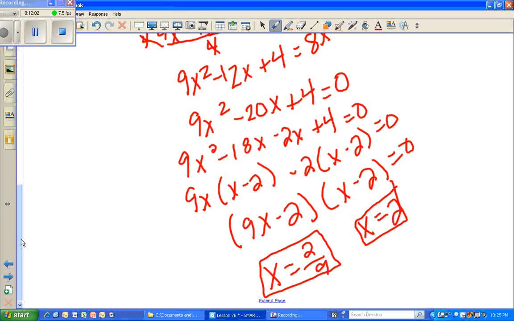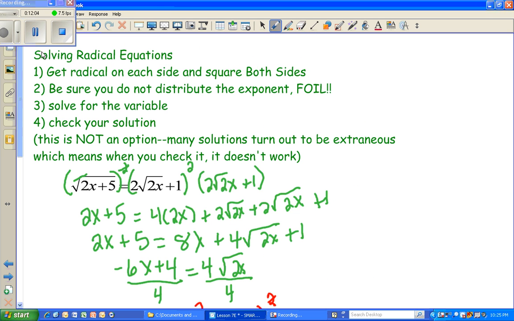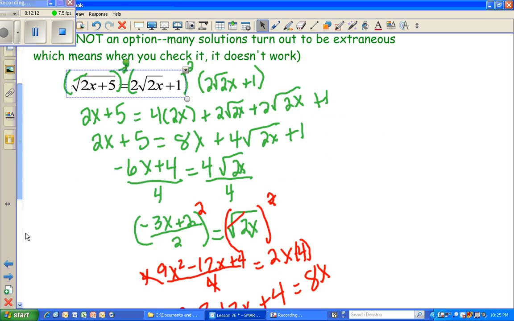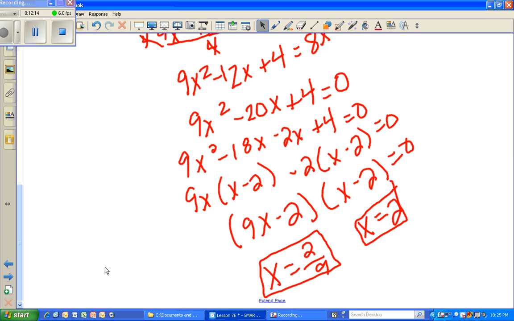So those are my two answers, but I want to make sure that they work. If you remember the original problem, that's what you want to plug your answers into. Okay, so if I were to plug 2/9 into this one,